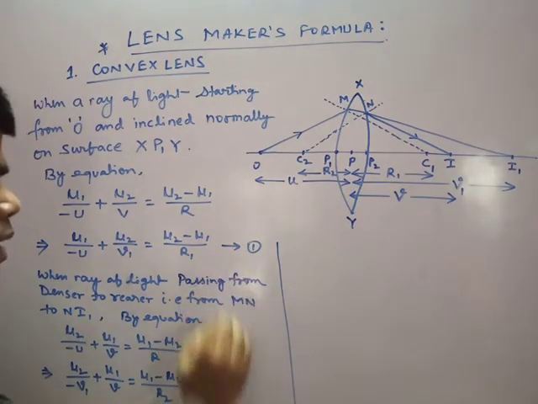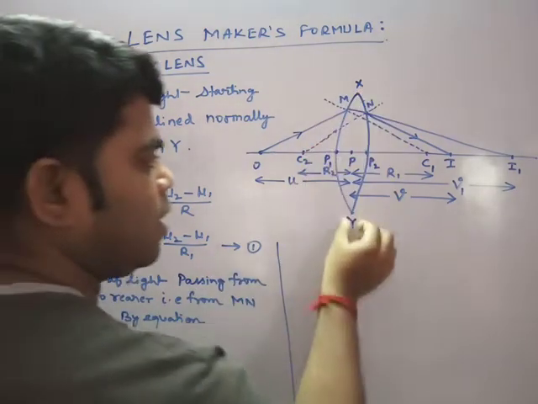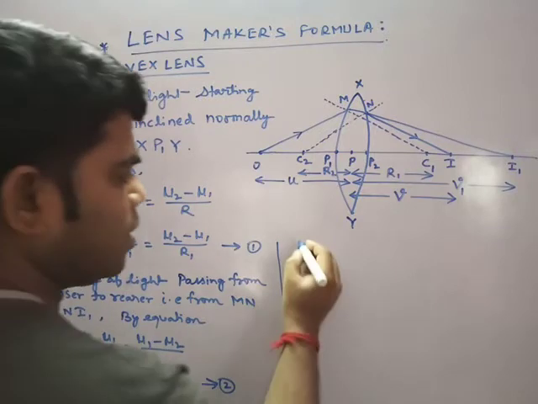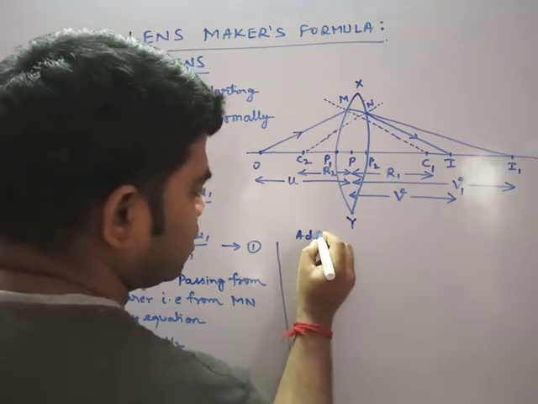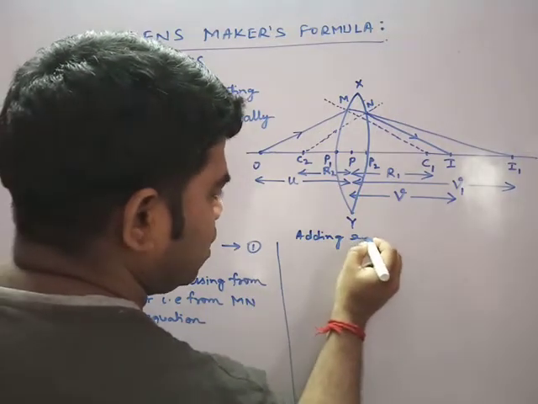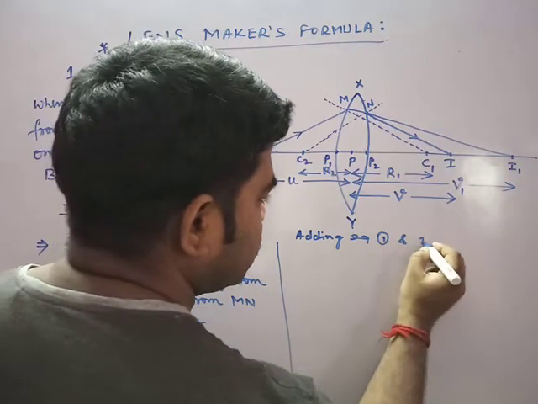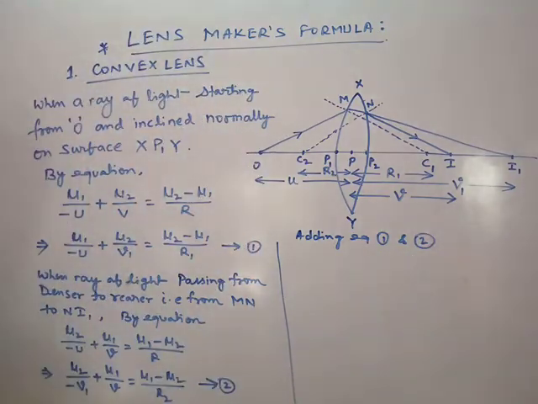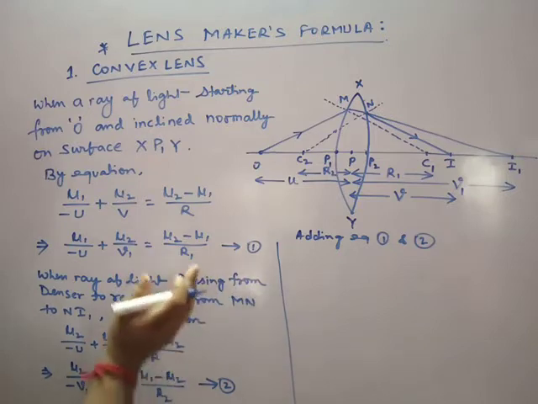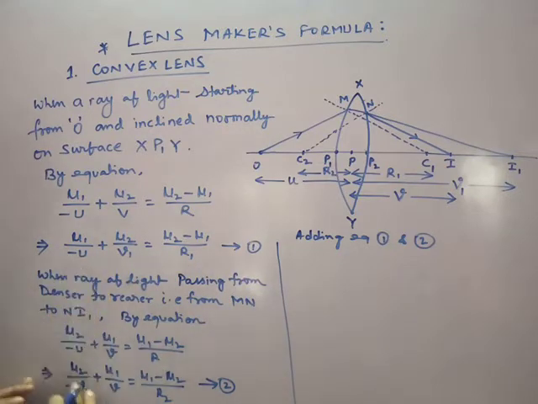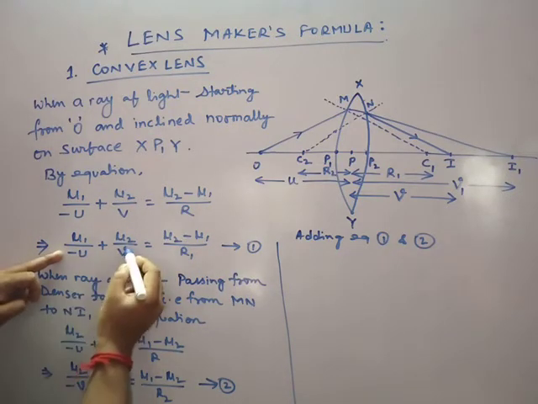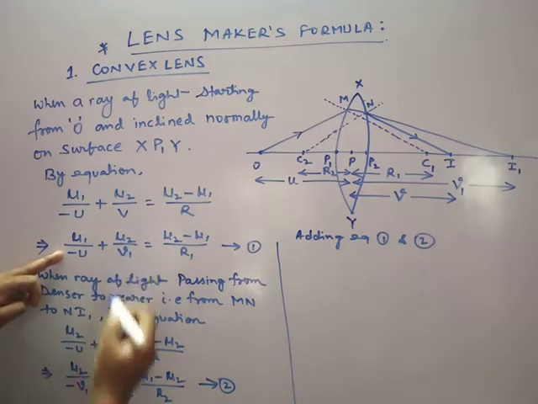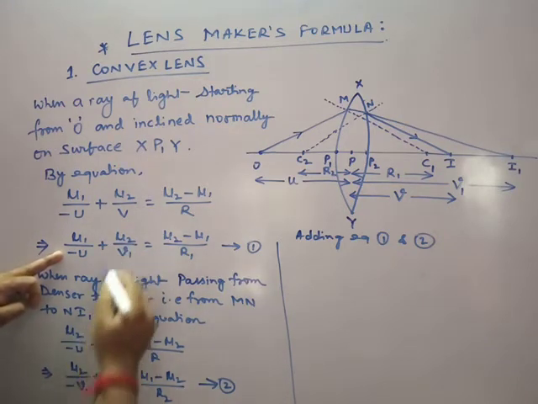So by combining both the equations we form the lens maker formula. So मैं यहाँ पे लिखूँगा, adding equation 1 and 2. So let me add here. If I add the right hand side with the right hand side and the left hand side with the left hand side, तो left hand side में देखो यहाँ पे u2 v1 but minus is there. So I think they will cancel. तो तुम्हारा formation हो जाएगा